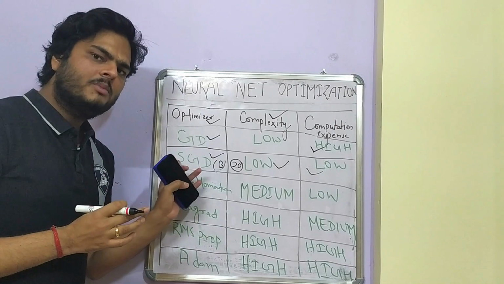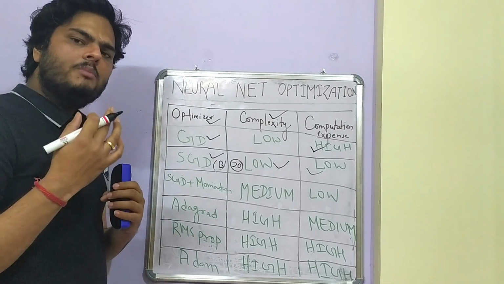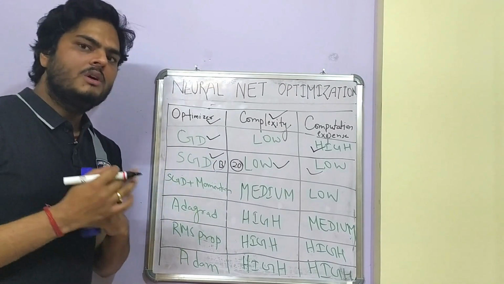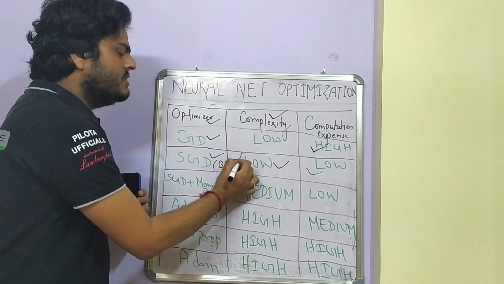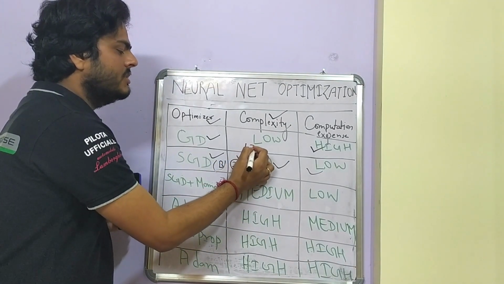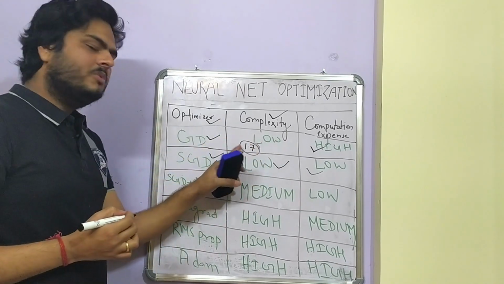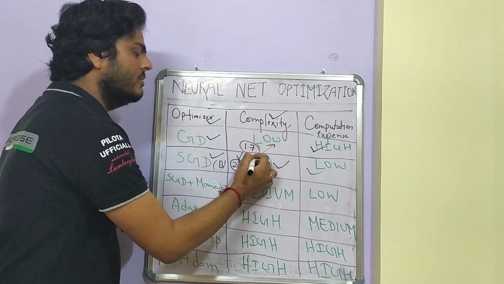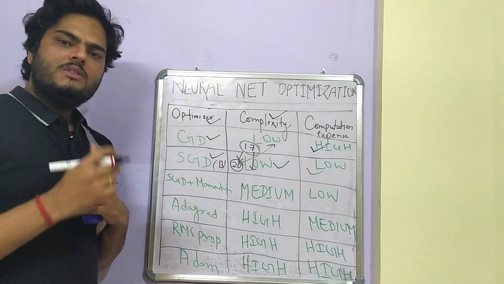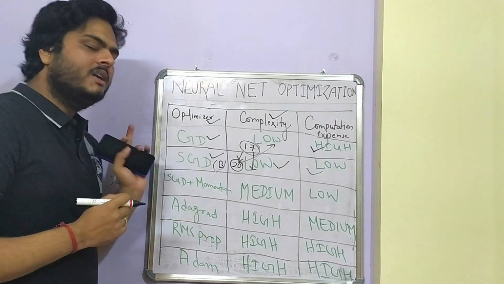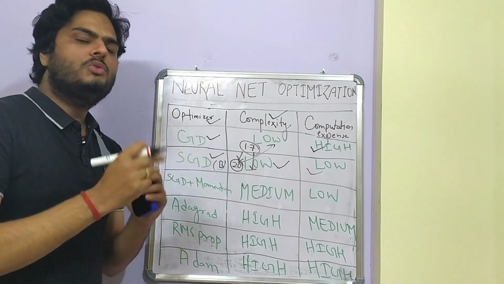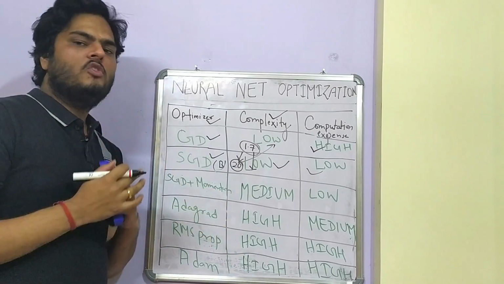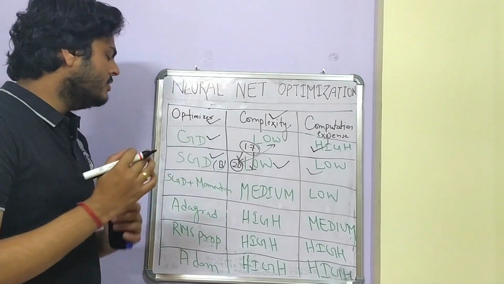But is everything good about it? No. There might be many variances in the weights that it calculates. For example, in the first 20 records, if the weight is let's say 1.7, it is quite possible that in the next 20 records the weight might go very high or very low. That is the downside of stochastic gradient descent. The variance in the weight will be too high, and it is possible that it might never converge to the global minima.